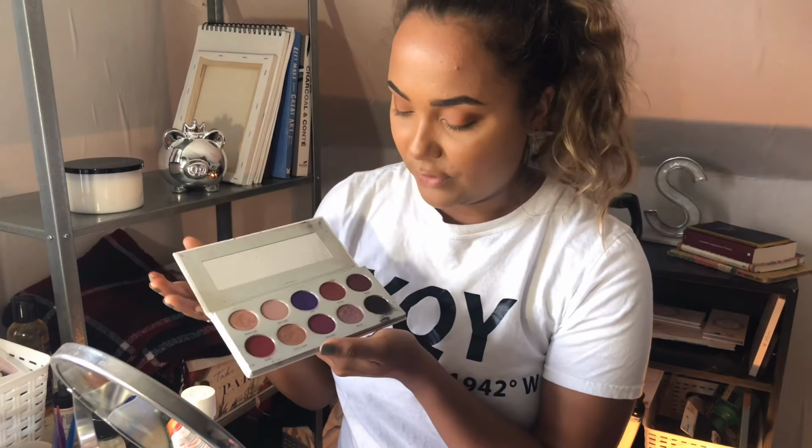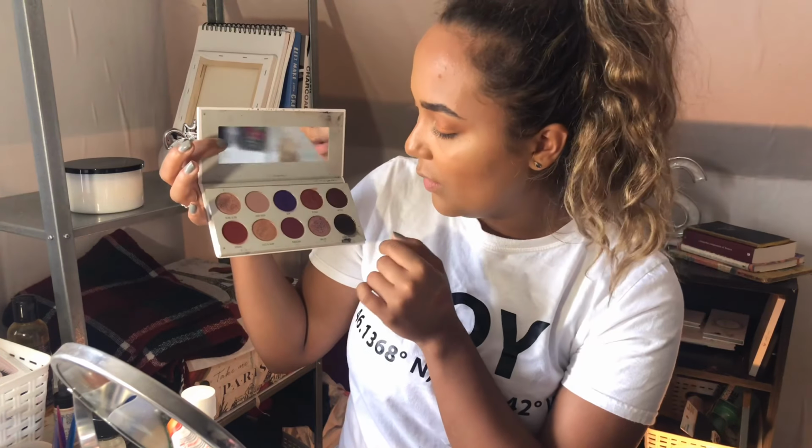Then next going in with the Bling palette, and this is where I think it can get a little sketchy how it's going to turn out, but I'm going to try it anyway. And if not, I have other purple eyeshadow backup so I can try. I'm going to go in with,